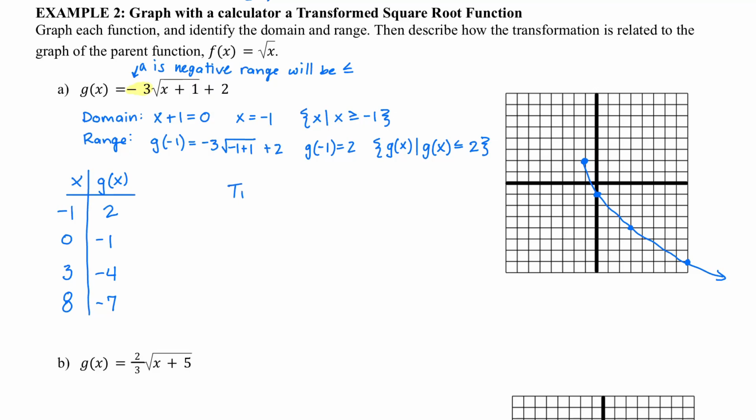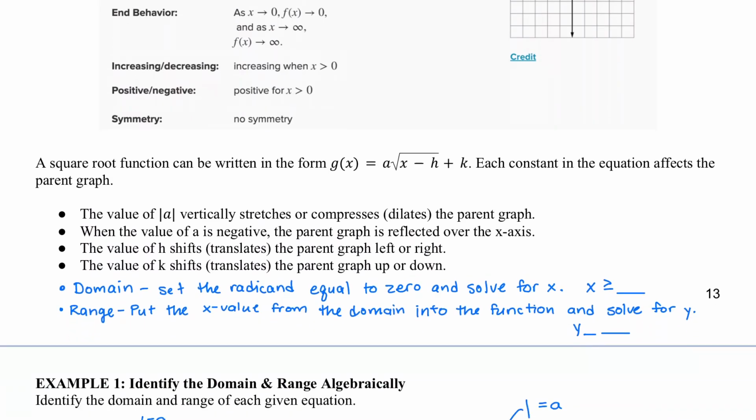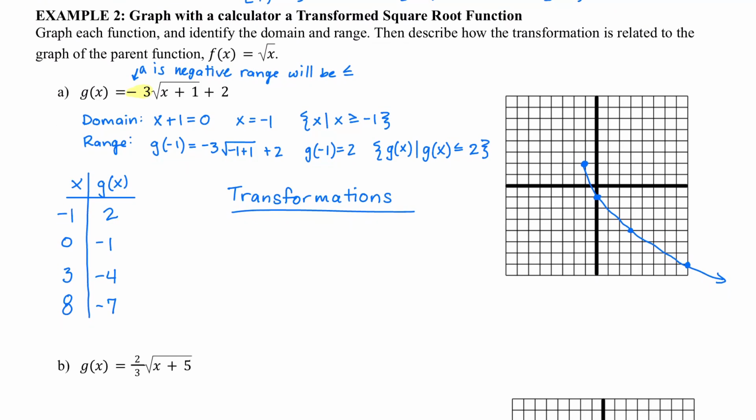Now, what kind of transformations do we see? So we're going to go back to that list from earlier in the note packet about what effects the graph will have from the parent function. So the absolute value of A is a vertical stretch or compression, depending on whether it is a number larger than 1 or less than 1. This is a number greater than 1, right? The absolute value of negative 3 is 3. So 3 is going to give us a vertical stretch